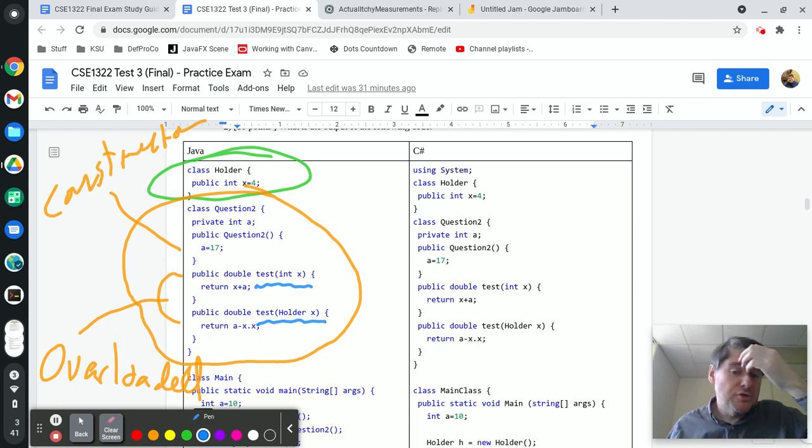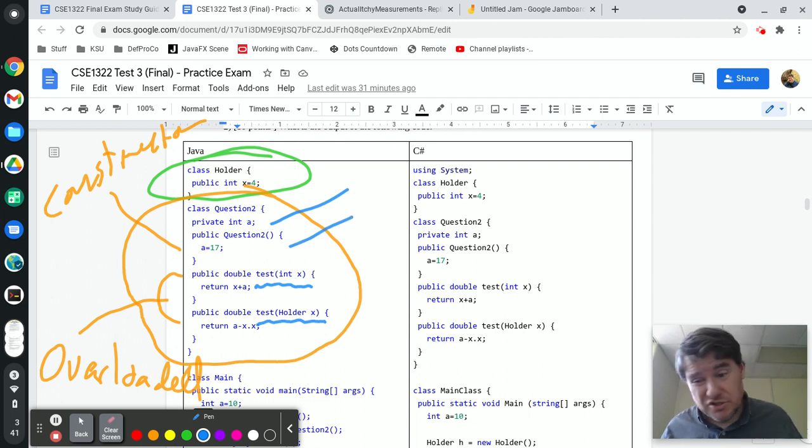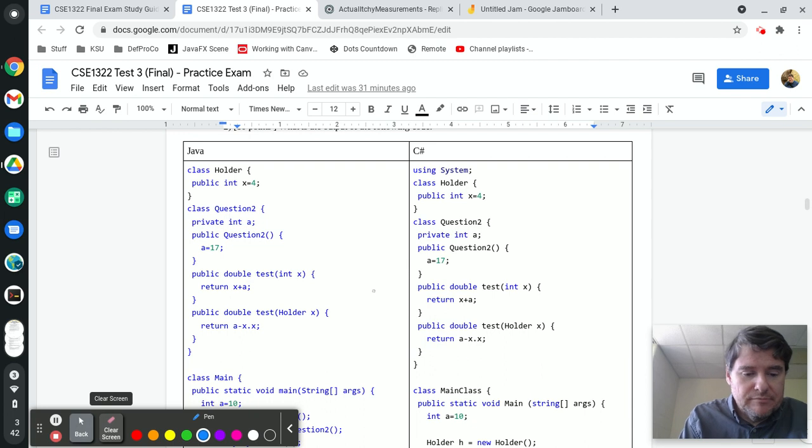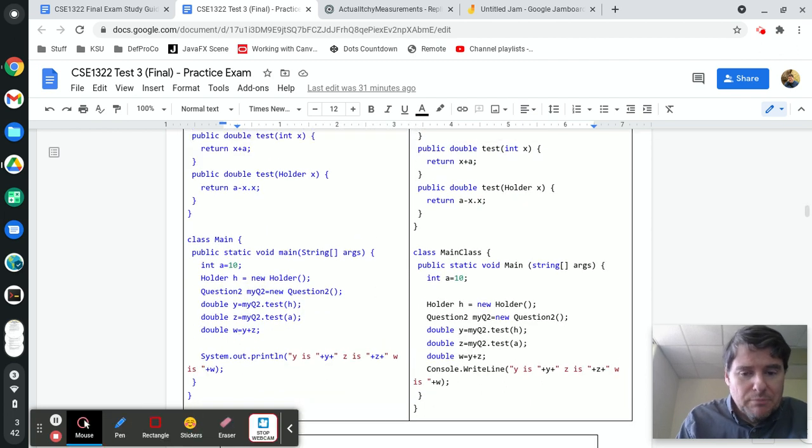All right, so Question2 is a class. It has an attribute called a, which is public. It has a constructor called Question2, because that's what you have to call the constructor, that sets a equal to 17. So the moment that one of these objects is created, we're going to have an attribute called a, which is initialized to 17. And then there are two methods that are overloaded that take in different parameters, called test. So then down at the bottom of the screen here, we have the actual main method,